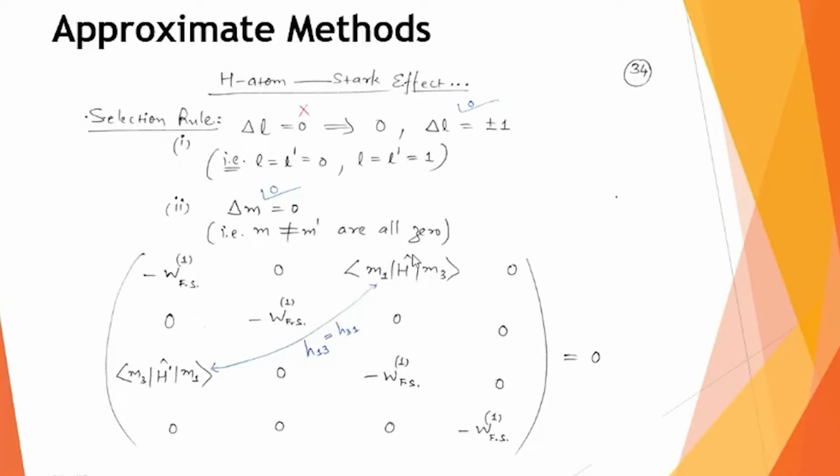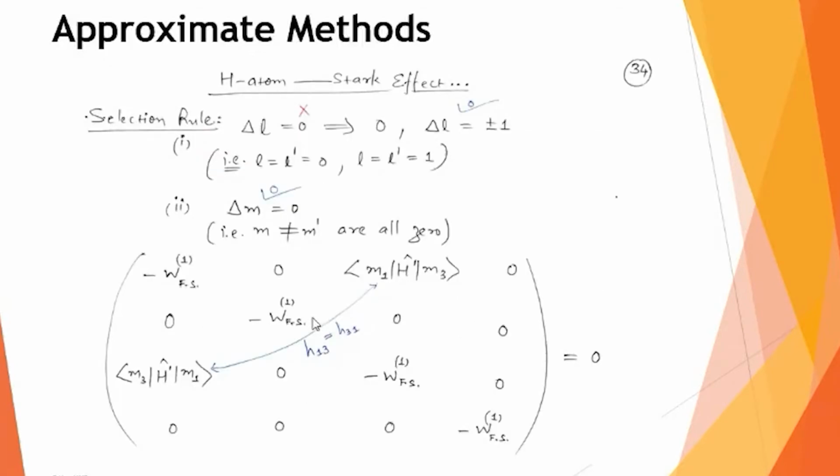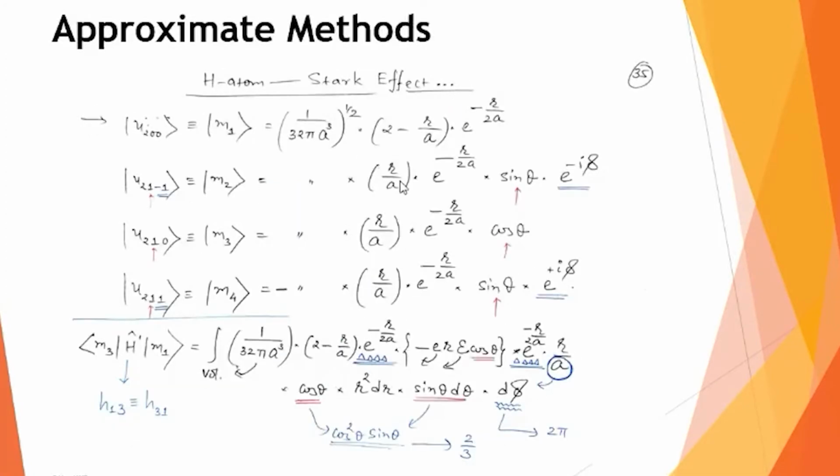They are the same, and therefore you are actually calculating only one element, that is H13, or you can call it H1. So out of these 16 elements, you are now calculating only one matrix element, and don't forget, this matrix element means you are calculating only one integration. Right? So only one integration that I have to compute here.